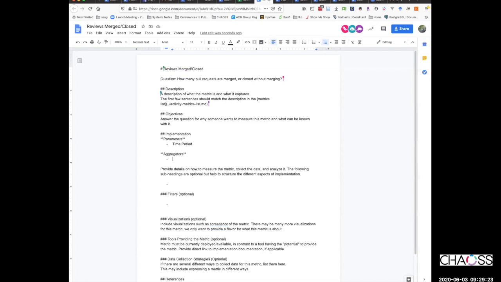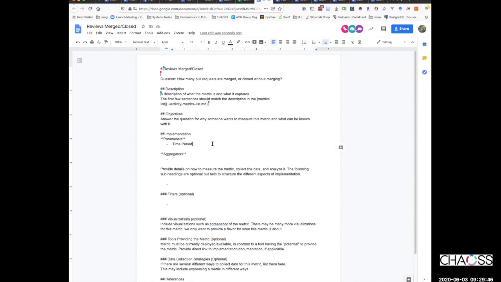Okay, because contribution acceptance to me is how many pull requests were merged versus how many are not merged, i.e. closed or still open. Right. So if that's how I would define contribution acceptance, like a contribution acceptance rate, then I think it would belong here.